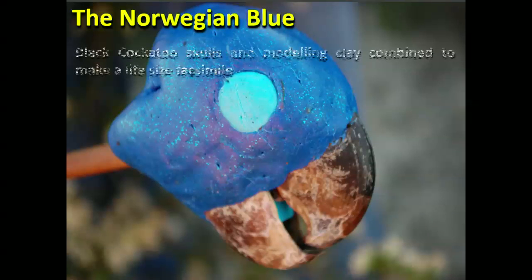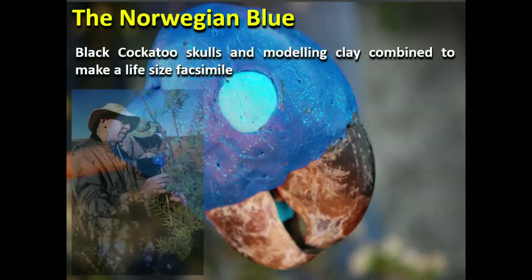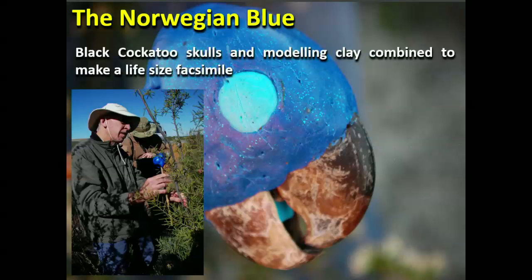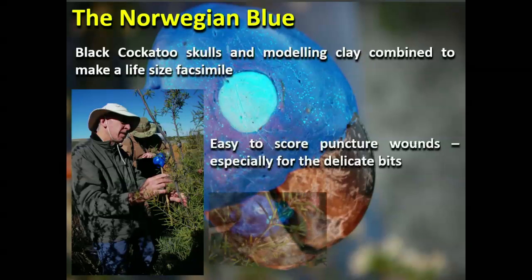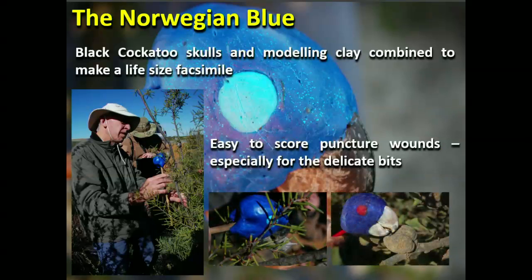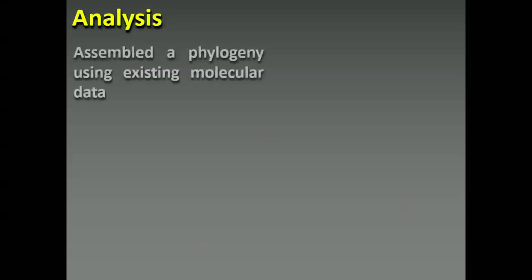This is a dead parrot. We struggled with how to actually quantify accessibility. So Byron came up with the idea of getting a couple of roadkills from the museum and then modelling plasticine on the heads, and then, as he's doing there, elegantly poking this pretend bird head into the foliage, and very simply, you've got an index of how many spines will stick into a parrot's head, and in particular, these sort of important bits like the eye. So we got a very rough and ready, but actually quite neat, index of damage to a bird's head and accessibility of the fruits. Not that any parrot is daft enough to do that, as we'll see in a minute.